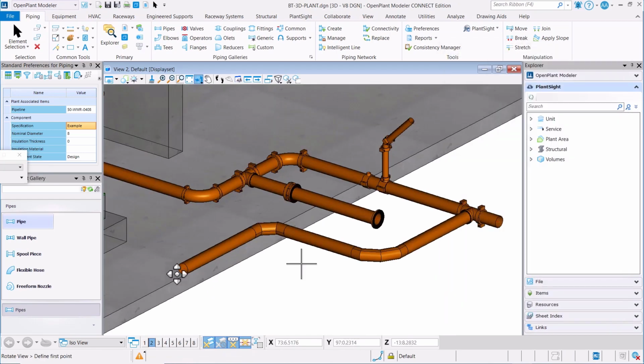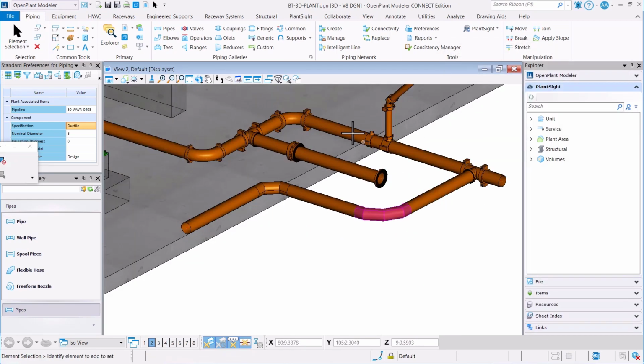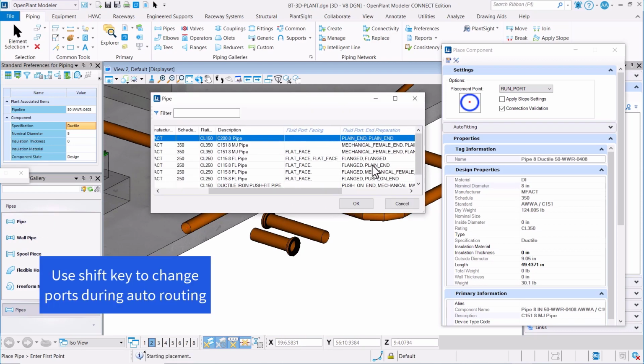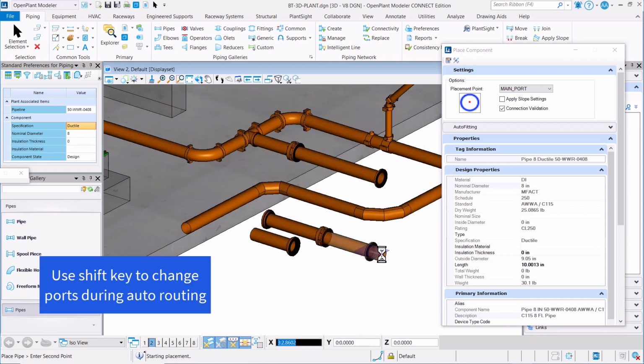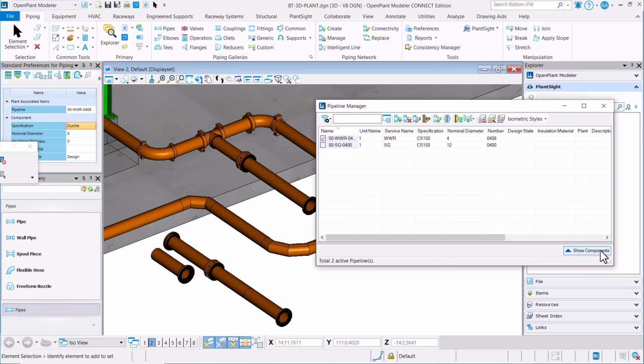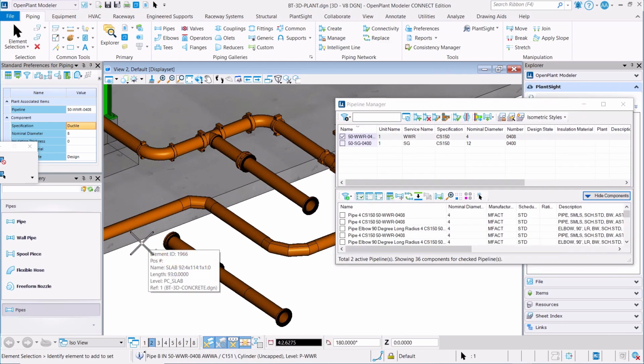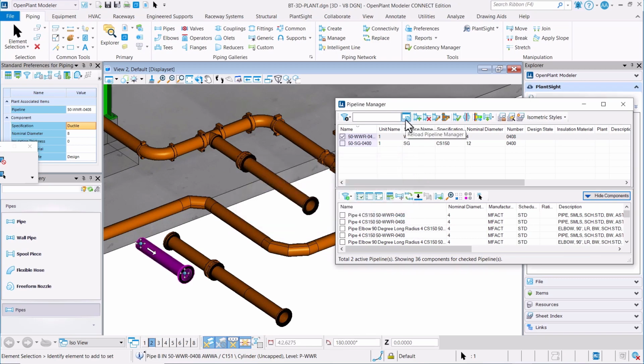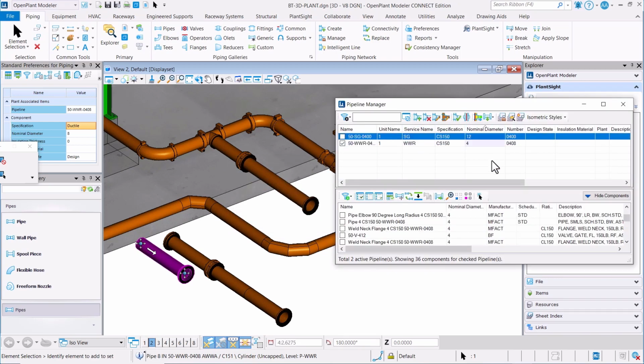While placing pipes, you can switch pipe ports while doing auto routing using the Shift key or through the Place Component Options dialog. This specifically helps and saves time in routing pipes that have different end conditions. Pipeline Manager has new options to dynamically update the data in Pipeline Manager if the model or design has changed. It also now retains the sorting order of columns after it is relaunched, or even if DGNs are closed and